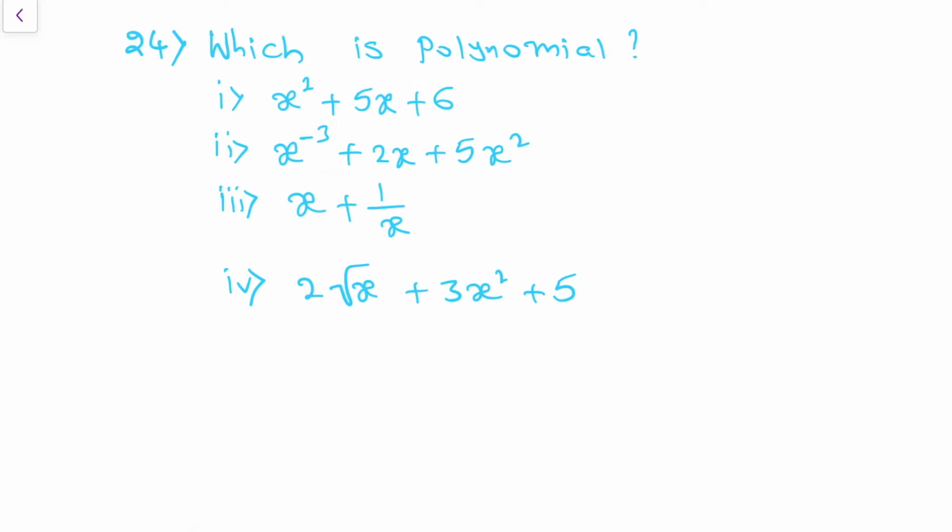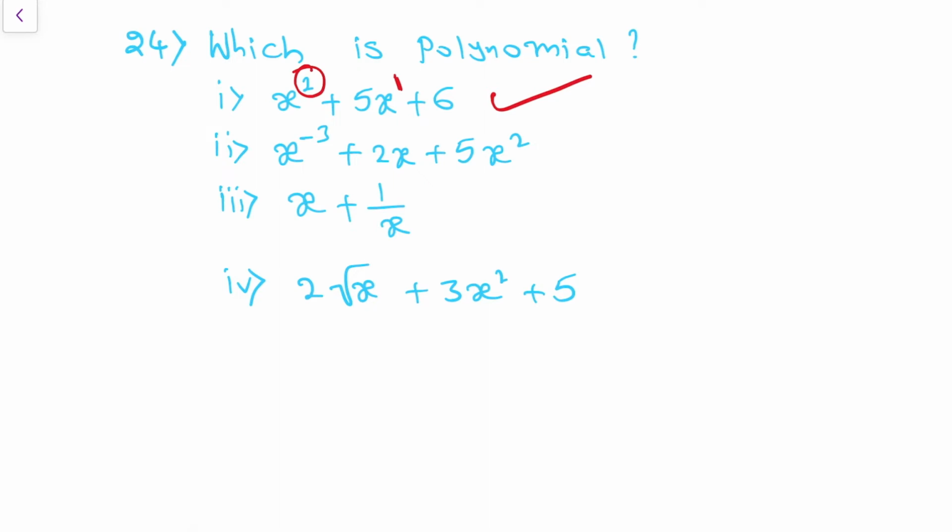Now let us check the alphabets. Here x power 2 is there, and 2 is a whole number. Here for x nothing is there, which means power 1. Power 1 is a whole number. Power 2 is a whole number, power 1 is a whole number, both are whole numbers. So the first one is a polynomial. I am saying again clearly, we need to check only the alphabet, no need to check the number, because a number is a constant, and a constant is a polynomial, fixed.